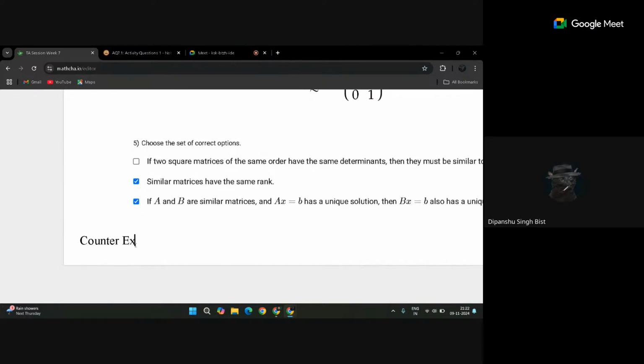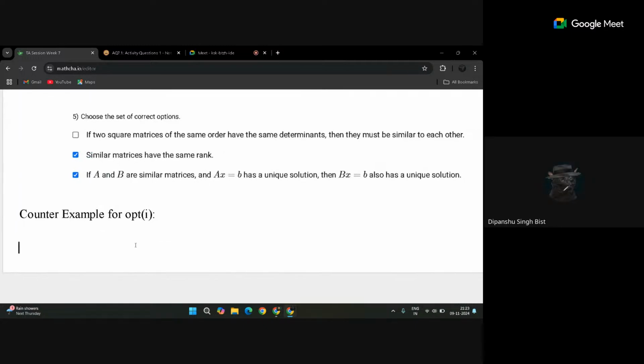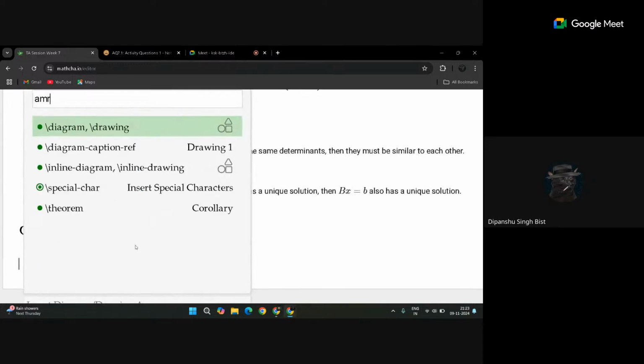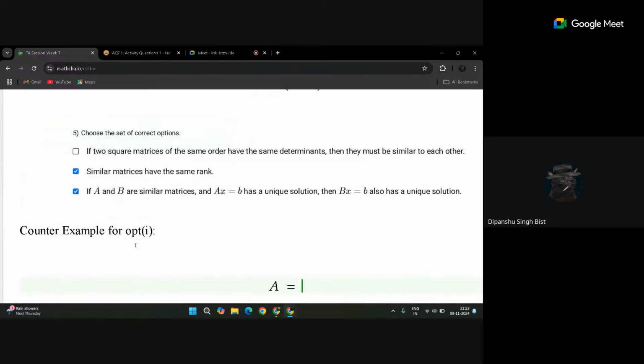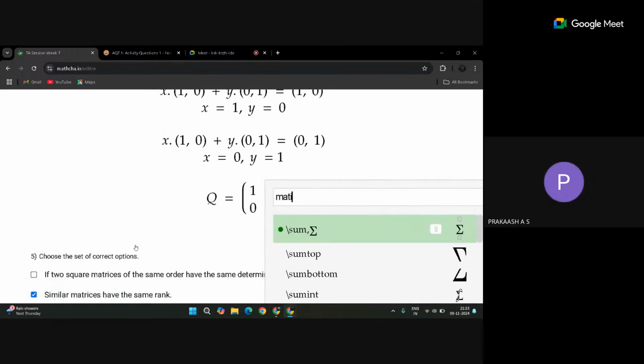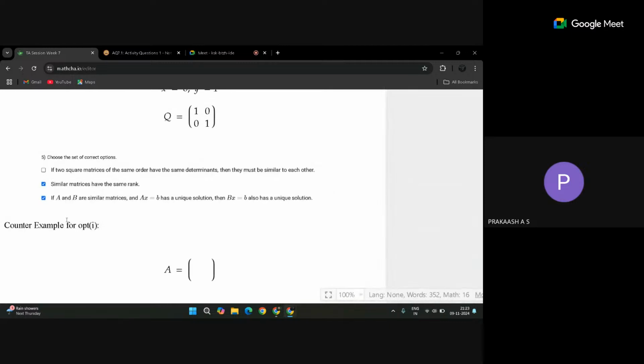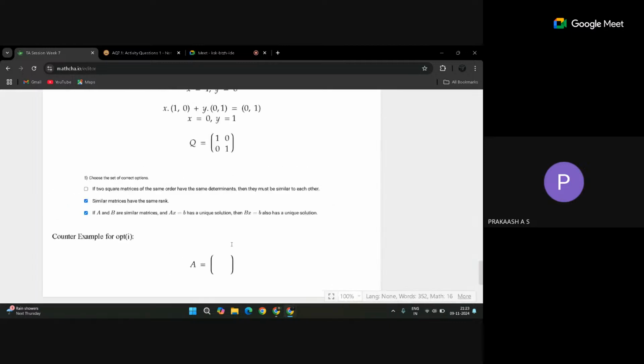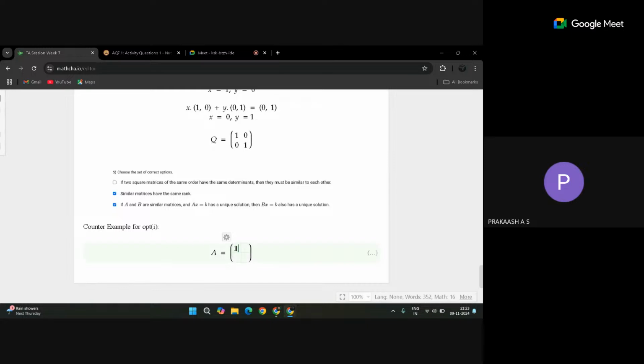Okay, a counter example for option 1. What could it be? Two square matrices have the same order. So let's take any 2 by 2 matrix of order 2. If I have A equal to [1 0; 0 0], okay, and B equal to [0 0; 0 0], okay,